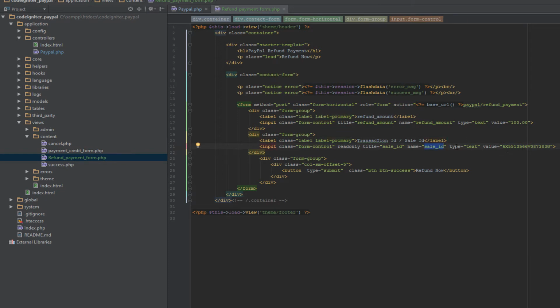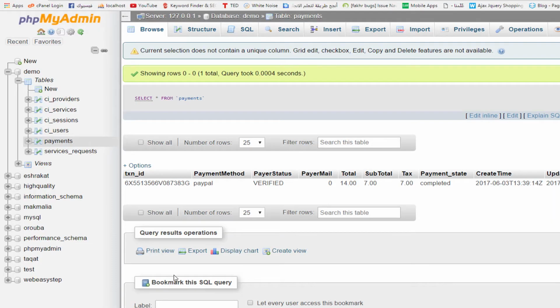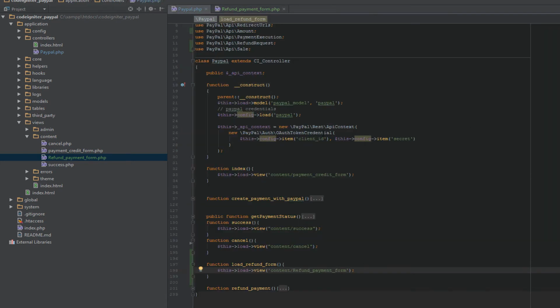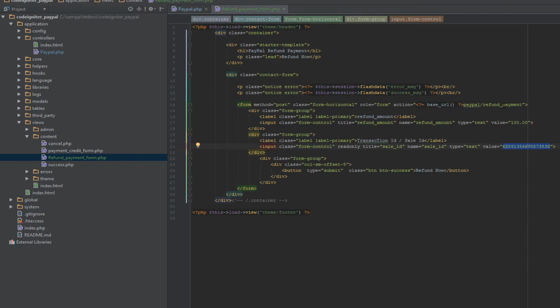And we put the sale ID or transaction ID here. We get it from the database. We tell PayPal that we want to make a refund for this transaction. We put it here and we send this form to the refund payment function, the second function,